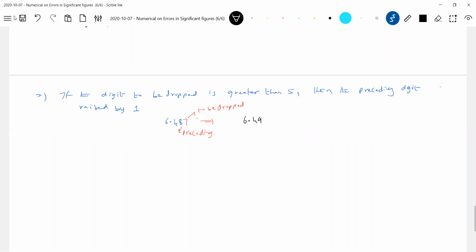6.4. I will drop this 9 also. The calculation will decide how many numbers are to be dropped. Just wait, the calculations are going to tell us what numbers to drop. There's a rule, I'm just telling this one. Now, if the digit to be dropped is 5,